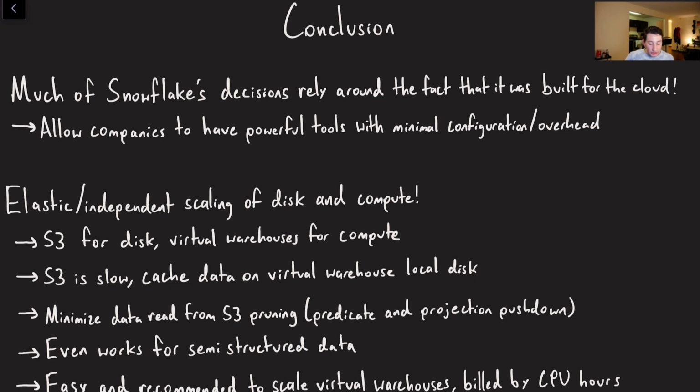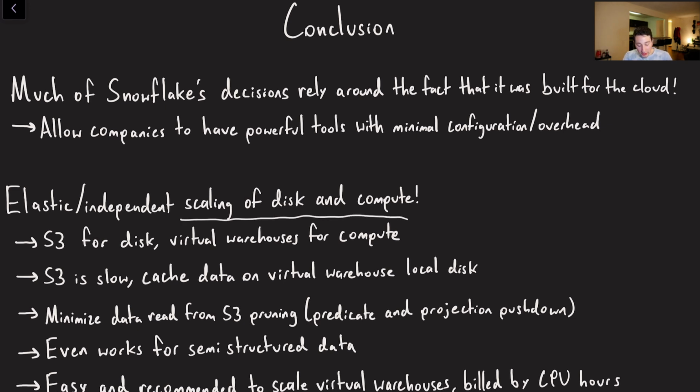Okay, we made it. Wow, I didn't think we would ever get here, but we've done it. My head hurts a little bit. So, in conclusion, the architecture of Snowflake is highly dependent on the fact that it is cloud native, right? All of these decisions have been made because of adaptations in the cloud computing space and also the data space in general, if we're talking about these semi-structured columns. So we've got these powerful tools. The idea is we don't want to have all of our clients configuring them constantly. It's just going to make our lives and their lives harder. How can we make a generally really good data warehouse where you can squeeze out the most performance for the budget that you've got?